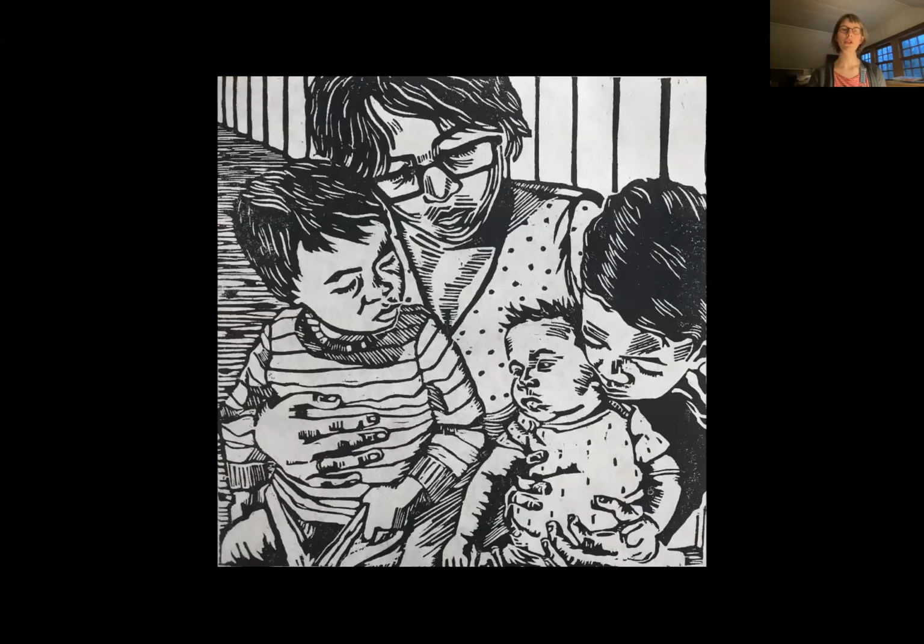But this next image too, this mother had asked me when I asked her would she be a model, she said she wanted all three of her children, not just her newest baby, because again, that is sort of the reflection of her, right? It's not just about this new baby, it's about the whole family. And being able to show that